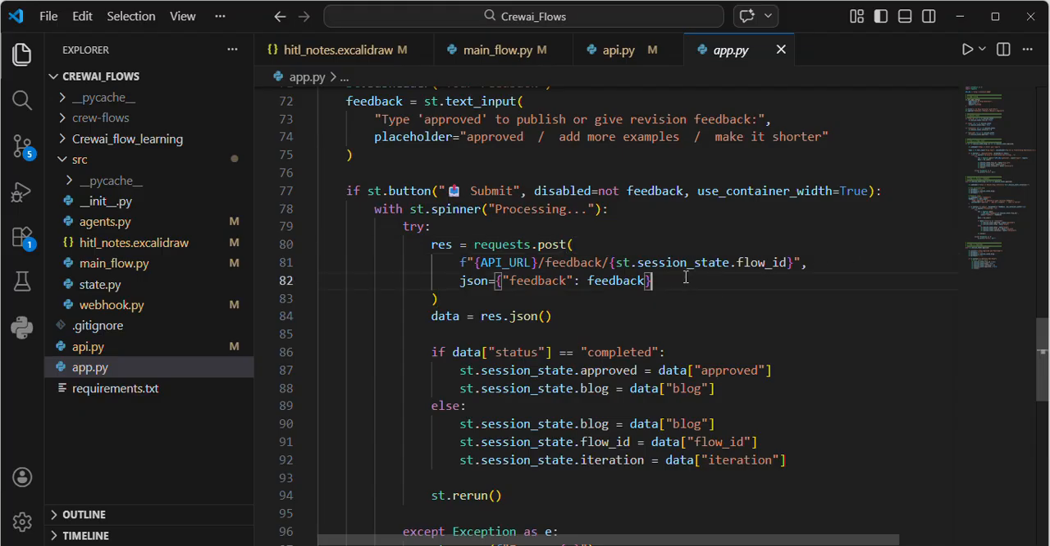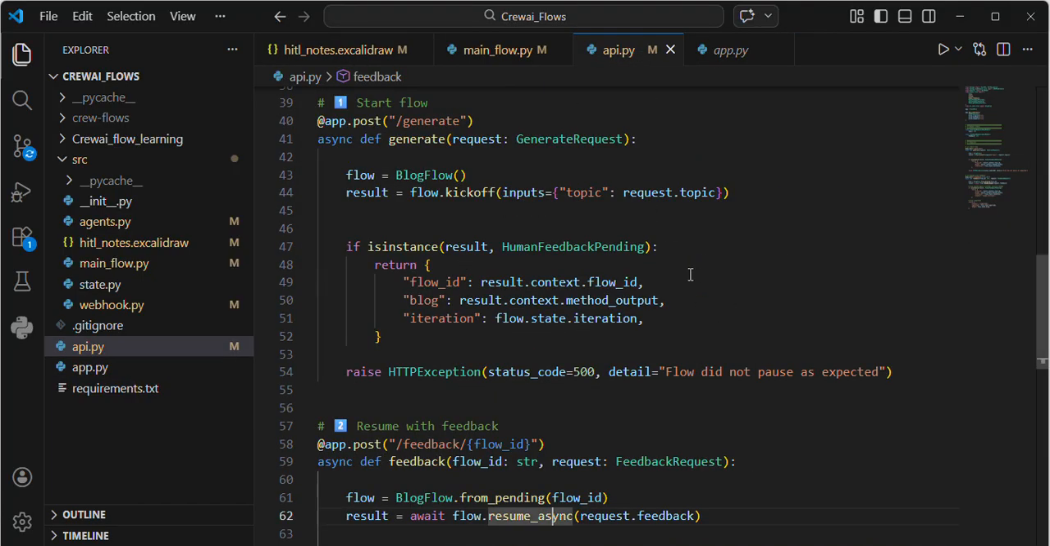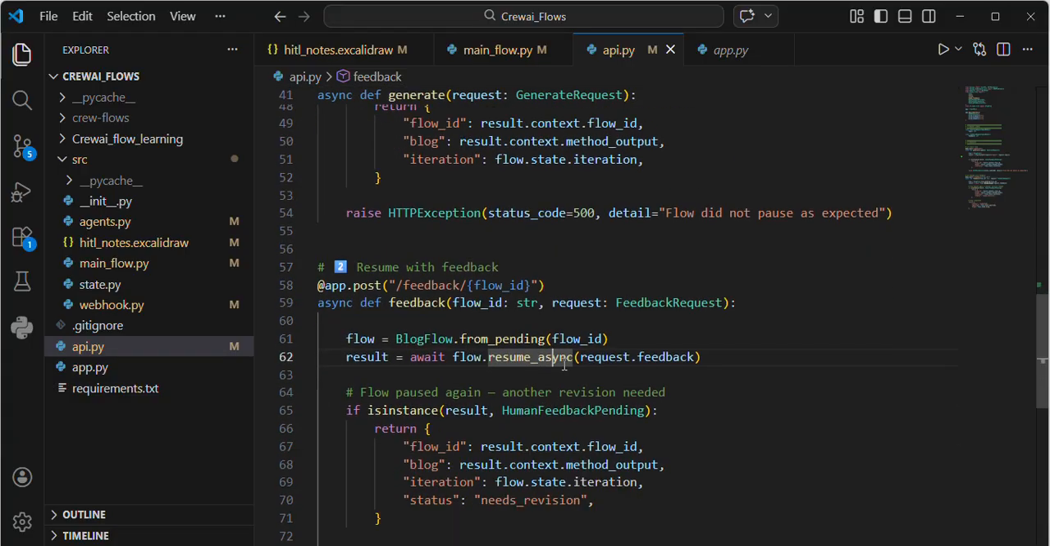Here I am also sending the feedback to the backend. If you see in the app, I am taking this path parameter. Once this endpoint is hit,